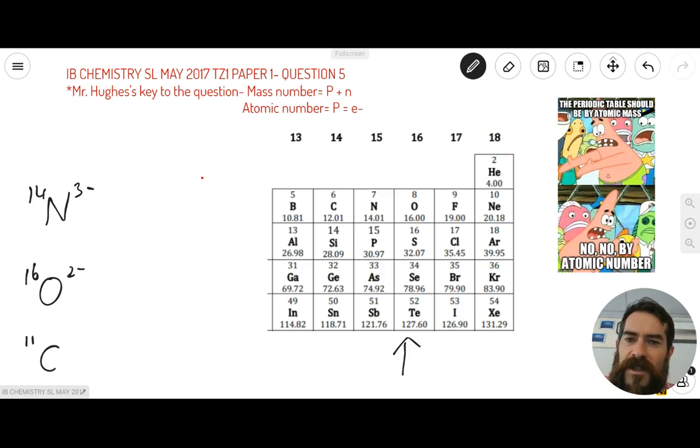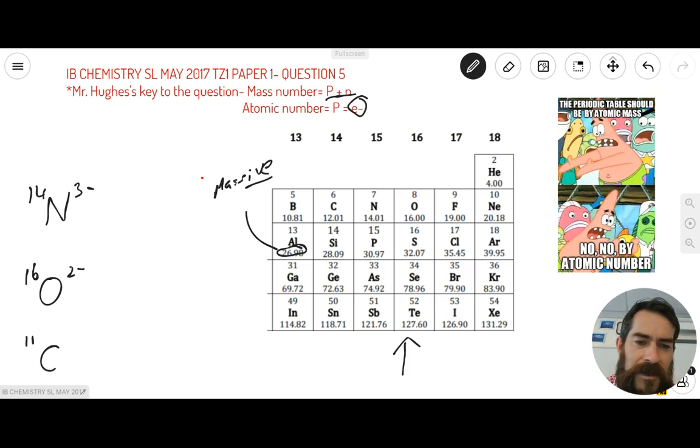My key to this question then is to remember that mass number is contributed to by the number of protons and neutrons in an element. So the protons and neutrons are the heaviest subatomic particles within an atom. And then the electrons are considered to be so tiny that we basically ignore the mass that the electrons have. So therefore, when you consider the mass of an element, which is the more massive or larger number associated with all the elements, I always remember mass number is the more massive